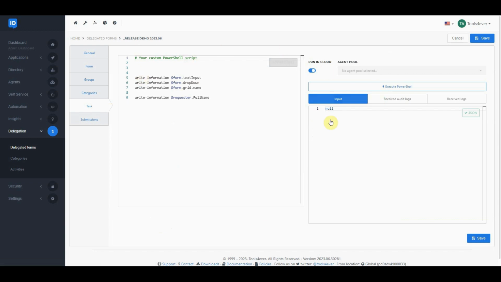In this window, you can configure your custom PowerShell script, for example, to create a new Active Directory account. With this new feature, when you start typing the $, you will see a list of the available autocomplete variables. We have support for $form and $requester. The form refers to the form element in the dynamic form. In our case, we have a dropdown, a grid, and a text input, and these names reflect the keyword configured for each form field. So if you go back to the form,